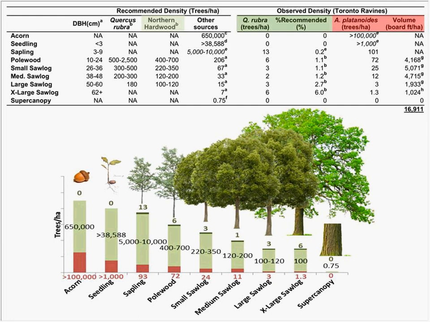If we here look at polewood, 10 to 24 centimeters, stems recommended ranges from about 400 to 700. We have 6 oaks. Okay, that's about 1.1% of the recommended number. Small saw logs, 25 to 36 centimeters, again, recommend 220 to 350. We found 3. You can go down the list here, and what you'll see is that the amount of oaks